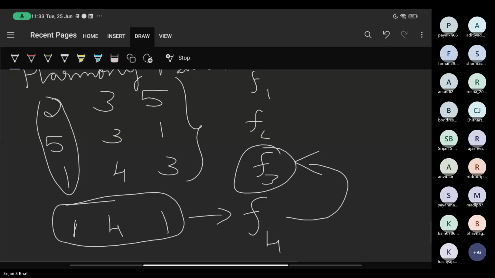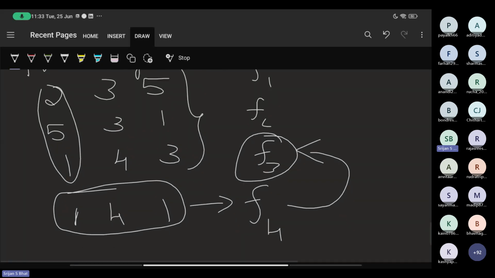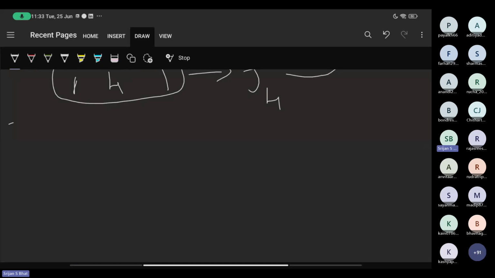So this is just the very basics of harmony search. I'm not going to cover it in much detail. Now, one more very interesting algorithm is that